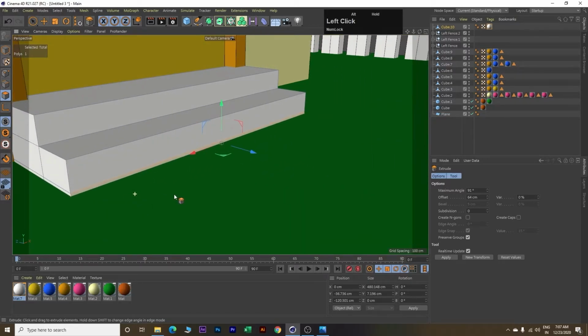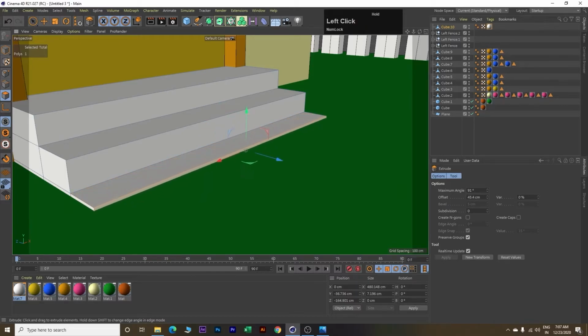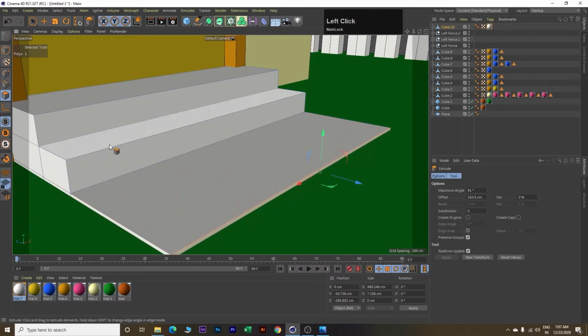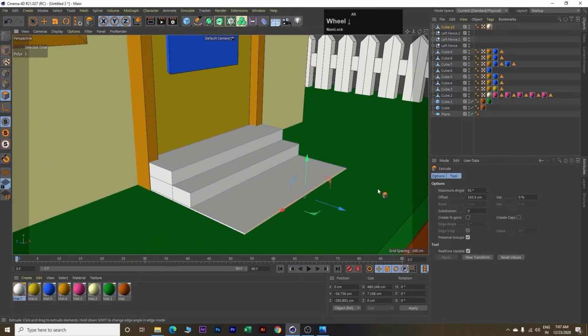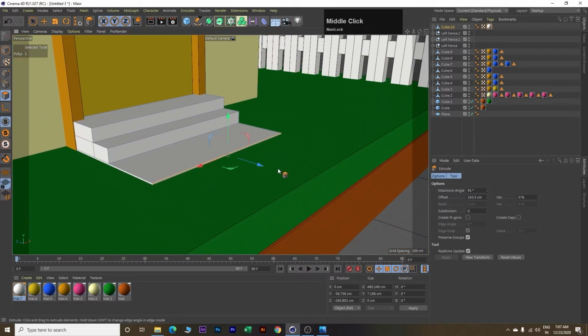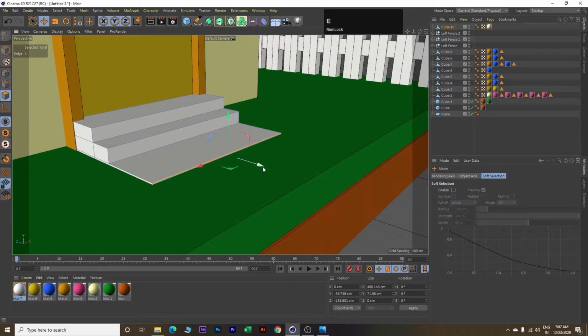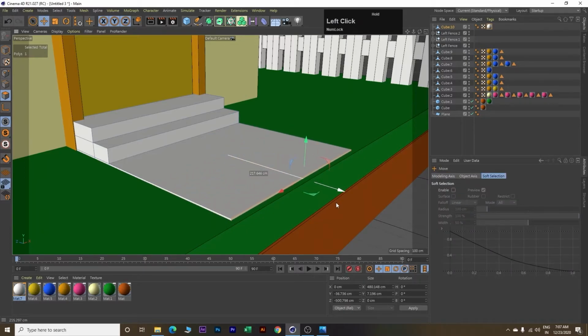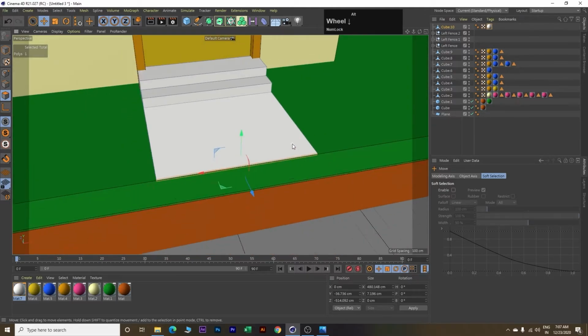Let's rotate before we make an extrude. Click and hold left mouse button and drag your mouse towards the right. Next click E on your keyboard, use this blue arrow and move it towards the right. Good. So this looks good now.